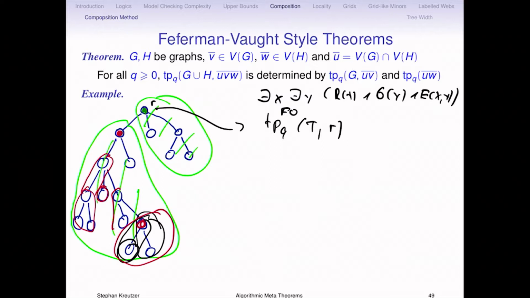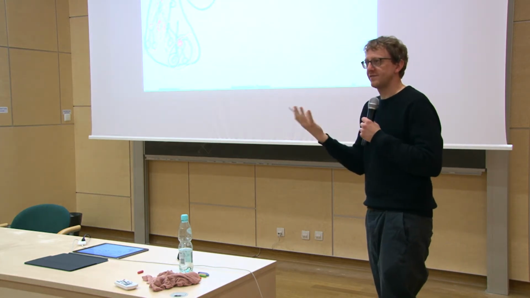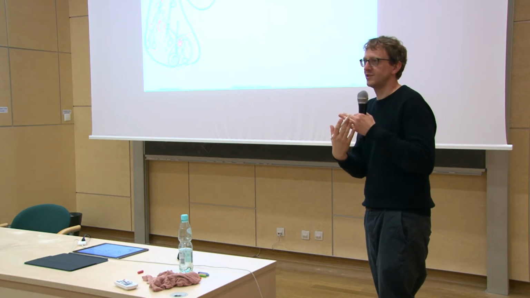You can just take this, and you can take this, and merge them to compute the new type of every node. And so you work your way bottom up through the entire tree, up to the point where you have to compute the type for every child of the root node. Yeah? And then you apply them one by one, so you merge T1 and T2 using the theorem to get the type of the root plus these two subtrees. And then you apply it again to merge T3 into it, and then you have the complete type of the tree. Yeah? And this is possible bottom up simply by the fact that every tree you can just get by the union of the subtrees plus the root you want to join them.